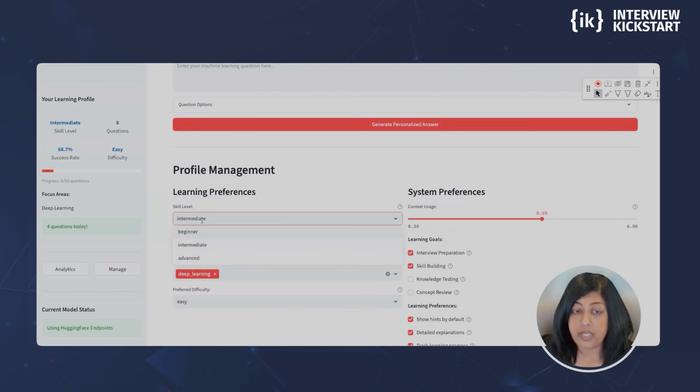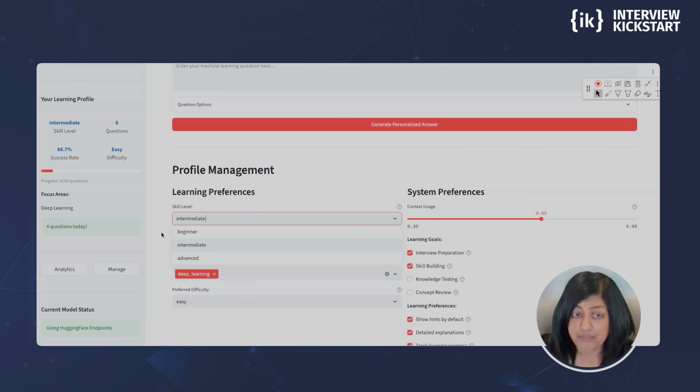They would toggle between beginner, intermediate, advanced. The agents also move them along their learning preferences, but this is for the user to explicitly override. If they need to, they can override their skill level as well. So starting off, let's say demo user is a new learner that's just coming in to